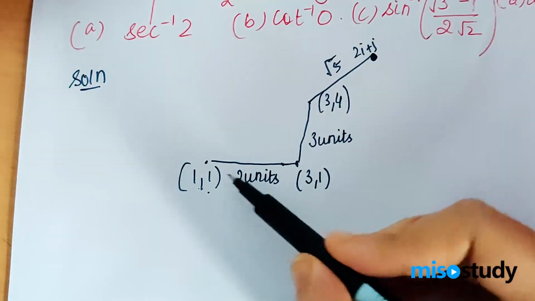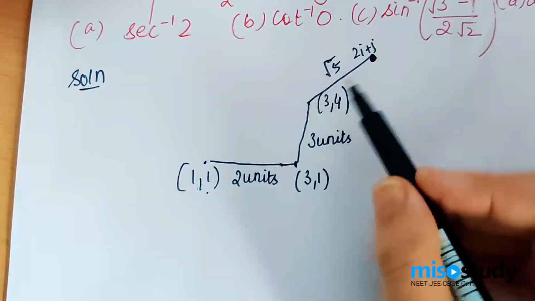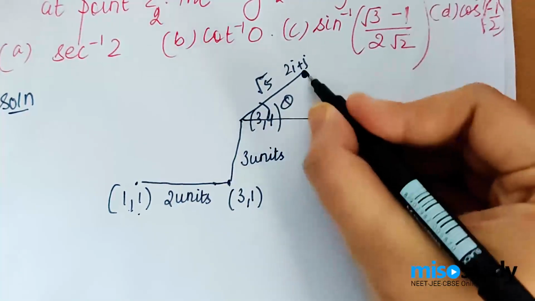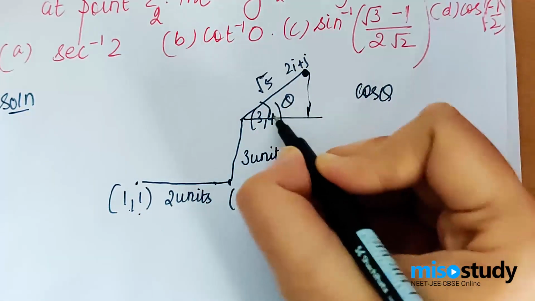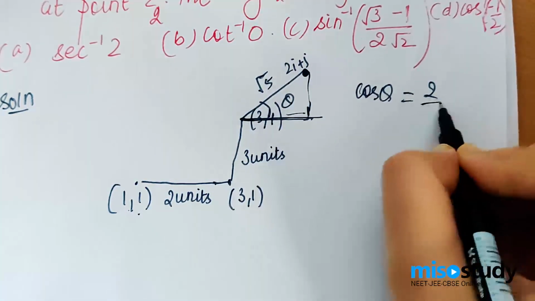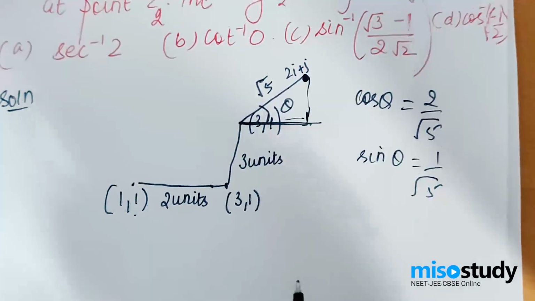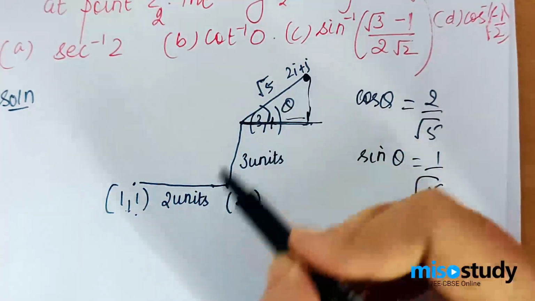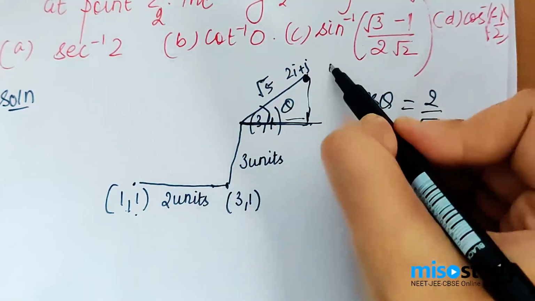Okay, now the particle is moving 2 units over here, 3 units over here, root 5 units in this direction. Now what is the meaning of direction in this case? If it is moving in the direction of this vector, can I find cos theta from here? This is theta, so cos theta would be 2 upon root 5, and sin theta would be 1 upon root 5. Now that I know the angle theta and the distance, what formula should I apply to calculate this point? Let's say this is point P.